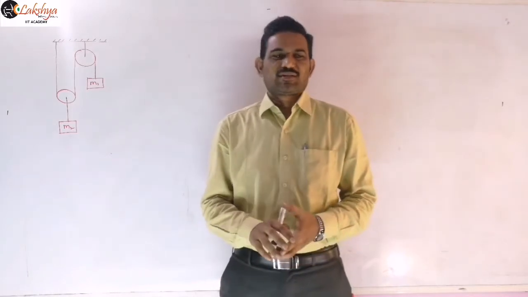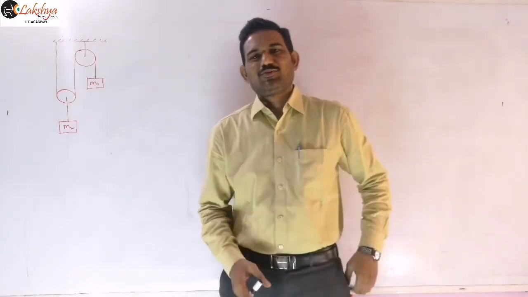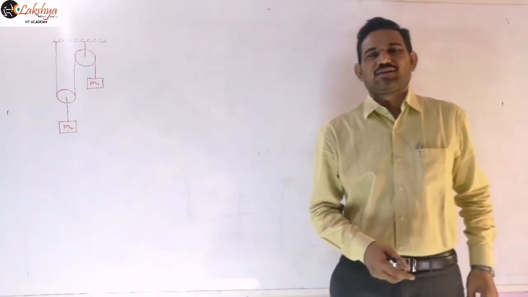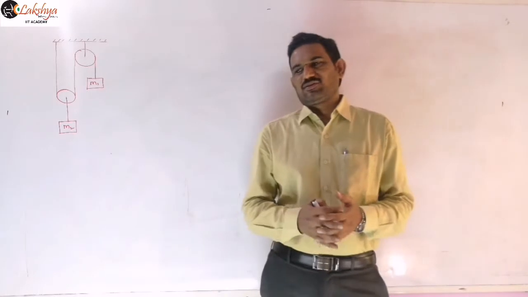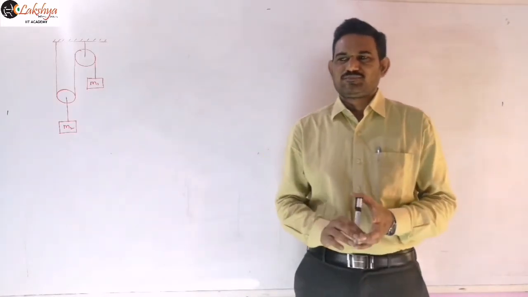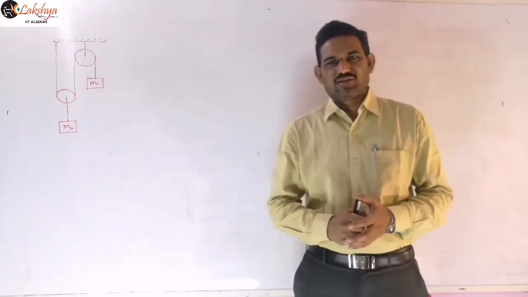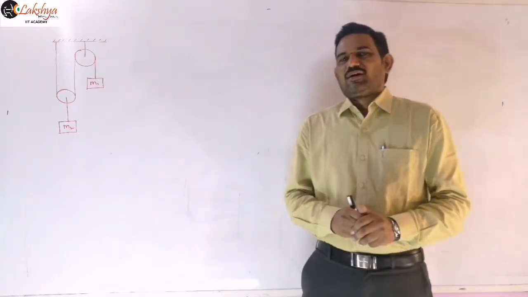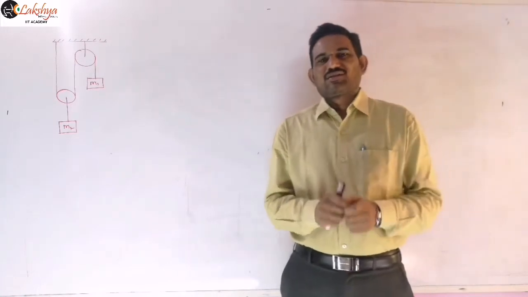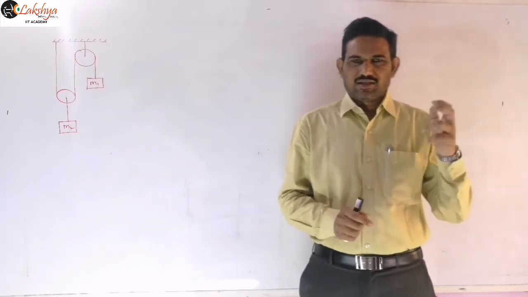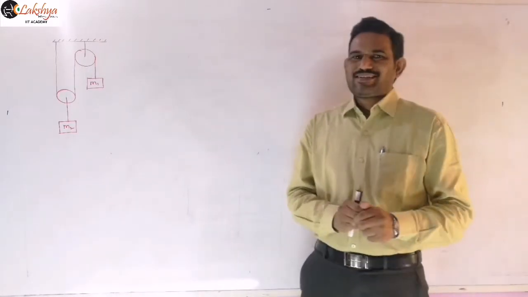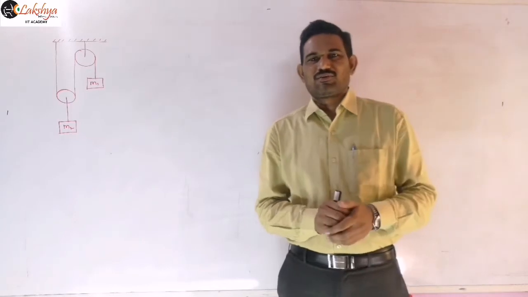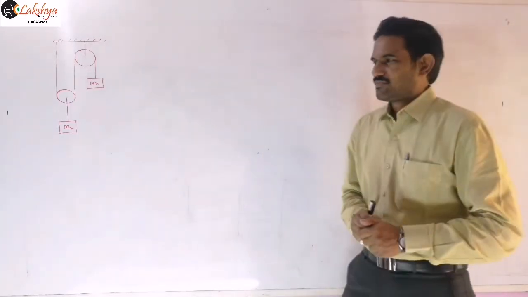So we started our constraint motion, and in that we are discussing the pulley constraints, right? In pulley constraints, in the last class I explained the different methods to approach these pulley constraints, like the length of the string. By writing the length of the string equation, you can differentiate that, and then another method is just by considering the displacements. And the last method I mentioned is the tension method, which is the easiest method, and most of the problems we solve by that method only, because it is a very easy method.